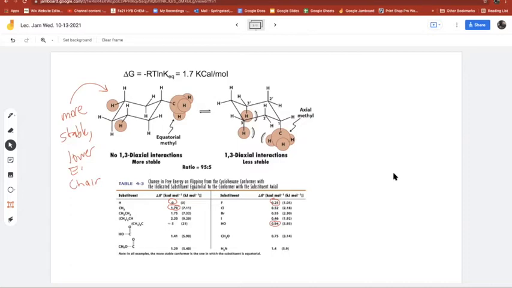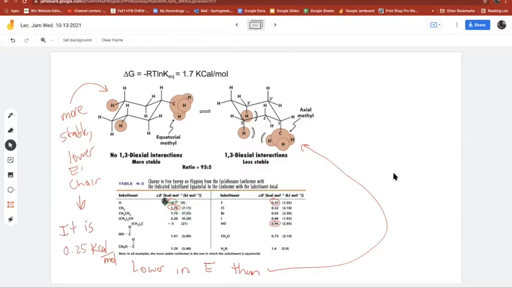What? Why did I say 0.25? It's not 2.5. Does anybody see my error? Sorry, I made the wrong thing. It's this guy. I need to use methyl's number. It's 1.70 kcals per mole lower in energy than when it's axial. That's the one. If I draw a different chair,